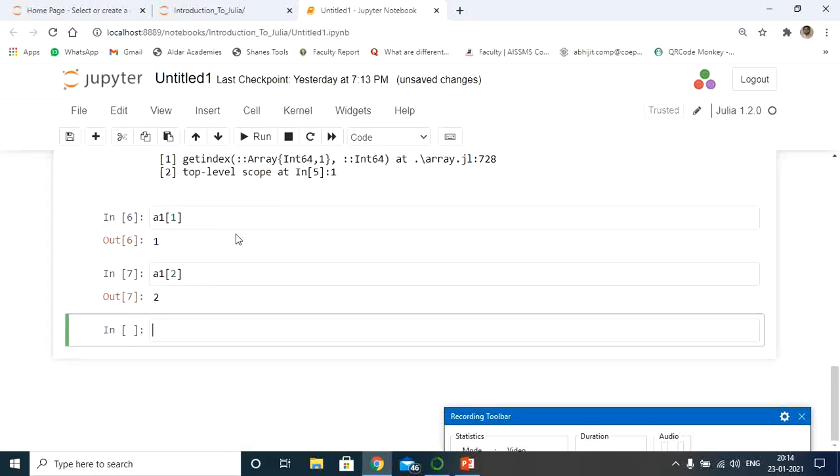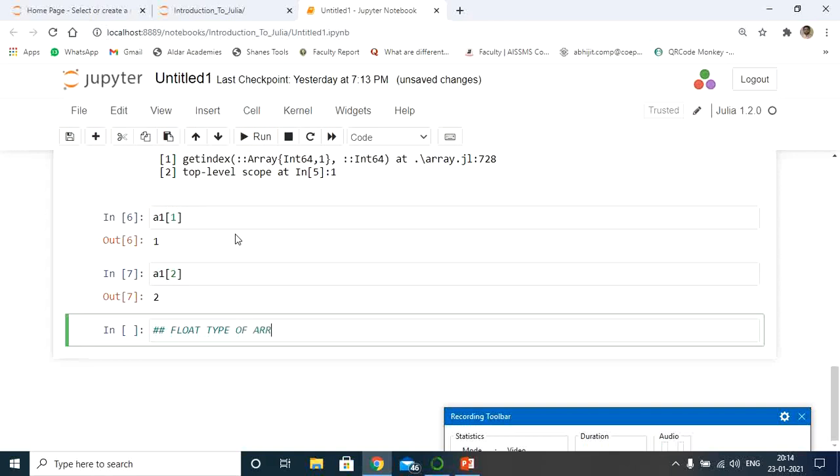In the Julia programming language, it is also possible to have floating values. Let me add a comment: float type of array.